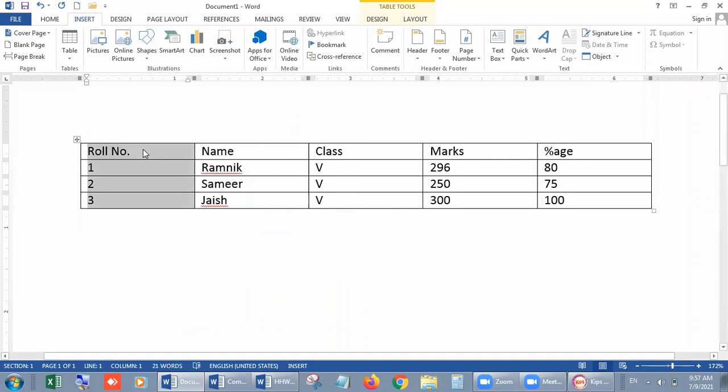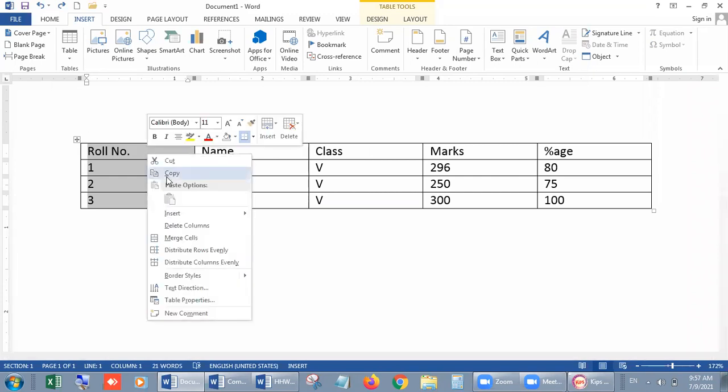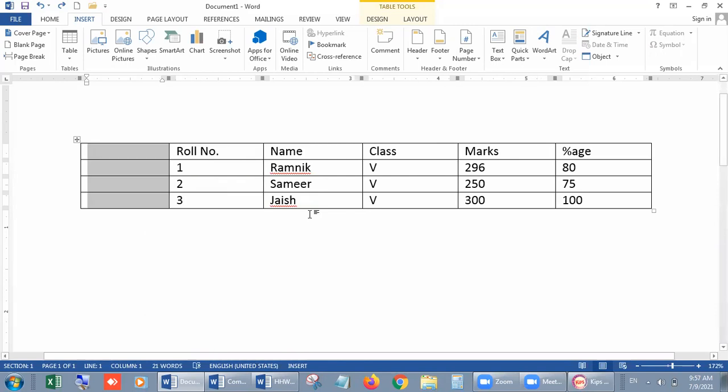I am repeating my command. Just select any column next to which you want to insert a column, maybe on the left side or right side. Then right click on the selected part, go to the insert option from the shortcut menu and choose your option. Now you can enter data.